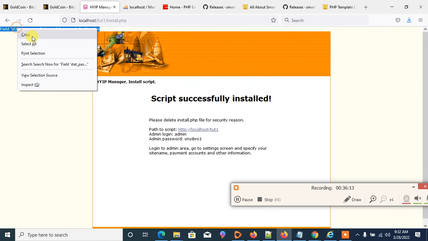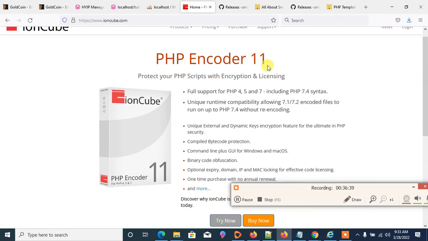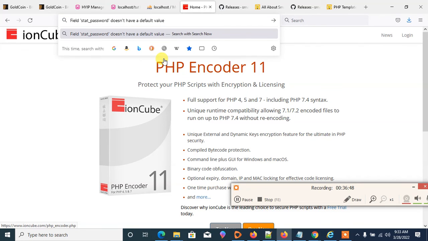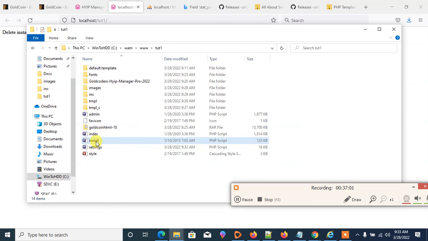Because certain things are not functioning here. Okay, if we now click on, this is your site, this is your admin login. If we now click this one, you see what it says here: delete the install.php file after installation. Okay, so that means you need to do something more before we see the site. It said delete, but for me, I'm not going to delete because I might still use it again. So I just rename it so that it will not be functional anymore. So if I try it again,